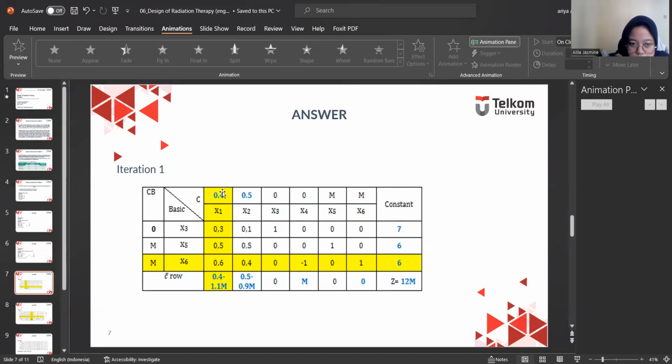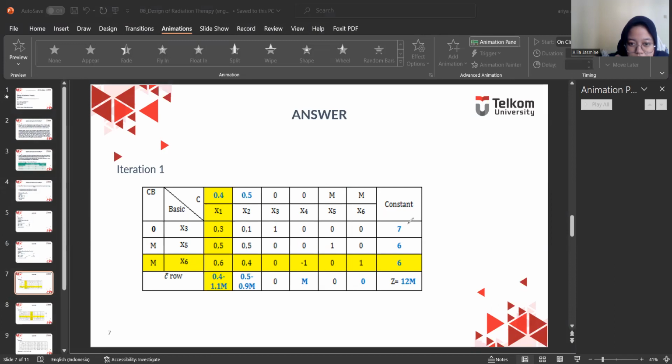Here we choose column 1 and row 3. That's because when we search among the coefficients of x1 and the others, the x1 one is the most negative, the biggest minus. That's why we use the first column. And why we use the third row is because